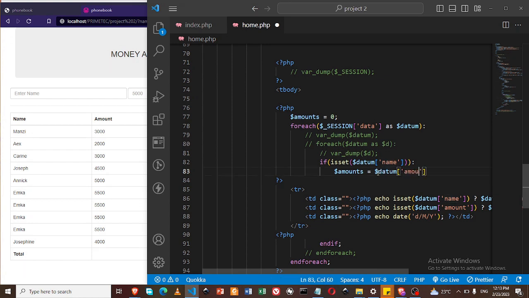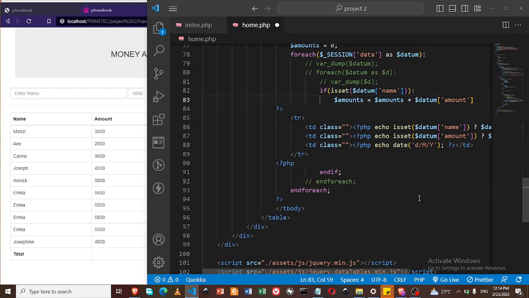Je vais dire amount. Pour la première personne, Manzi, c'était 3000. Amount sera égal à 3000. Pour la deuxième personne, Alex, c'est 2000. On va donc faire l'ancien 3000 plus les 2000. Donc qu'est-ce qu'on fera? On fera amount plus le nouveau montant. Au fur et à mesure, amount va grandir. On se comprend? Pour Alex, ça va faire Alex plus Manzi. Pour Karine, ça va faire Alex Manzi plus Karine. Et ça va encore redonner ici. Donc à la fin,